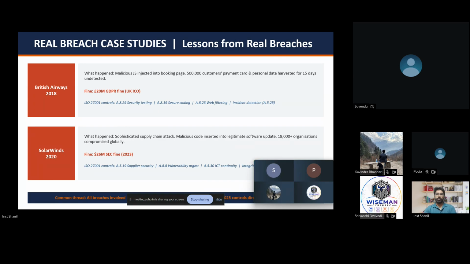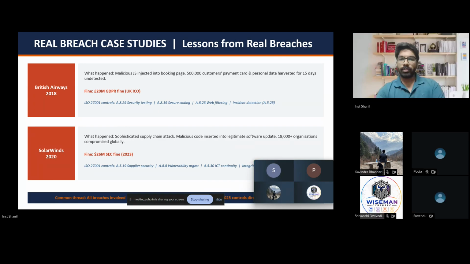So if I relate it to your personal life, every 4 to 6 months you get a software update on your mobile devices, right? You get a security patch every month or two, and you get a software update every six to eight months, right? What happens sometimes, once you update your mobile, some of the functionalities do not work as they were working previously. Like there can be some bugs in your camera, in your notepad, in your phone book, something like that. So that can be some malicious code or unintended bugs which were inserted by mistake or intentionally, right, to hamper the normal use of the device.